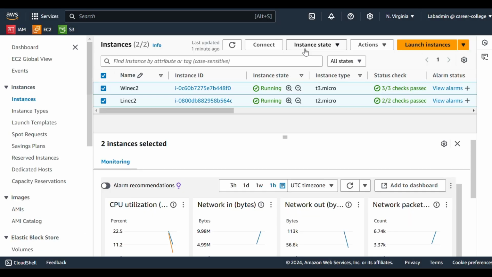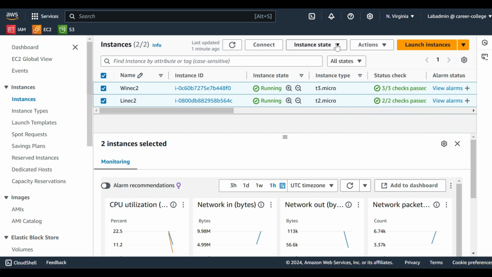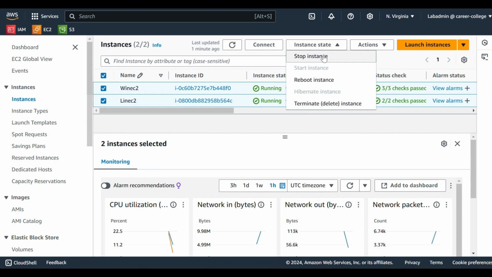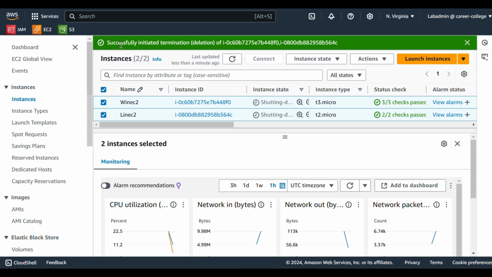Click on action, and here before we terminate the instances, there are some additional settings which we can do for our instances. In order to terminate an instance, we have to click on instance status. We can stop the instance, we can reboot the instance, and then we can terminate the instance. So we can click on delete instance, and you can see that both the instance IDs are showing here. And if you click on terminate, it has successfully initiated the termination. So that is all we wanted to cover in this lab, and we'll continue